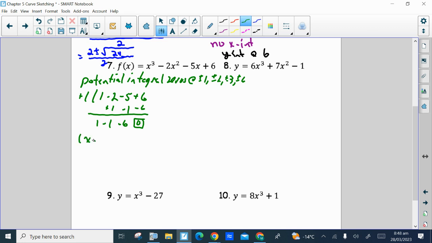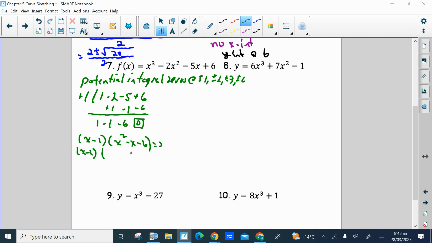That plus 1, really, remember, was x minus 1. We changed it to x plus 1 so we can add as we went along. And the quotient, the numbers at the bottom, give us the coefficients of the other factor, which will be a second degree polynomial because we divided an x cubed by an x. So it'll be x squared minus x minus 6,